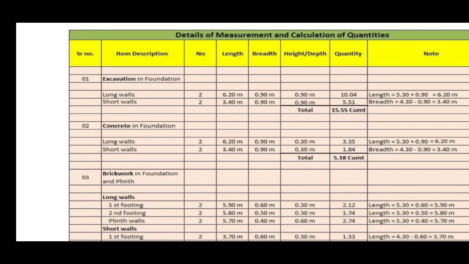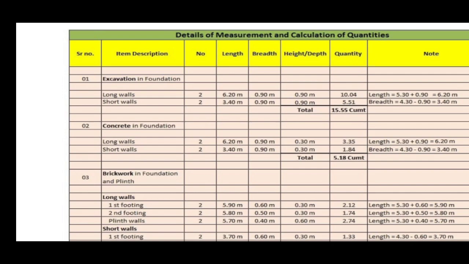The quantity of excavation for long wall is 10.04 cubic meters, and for short wall it is 5.51 cubic meters. The total quantity of excavation is the addition of both quantities for long wall as well as short wall. It is